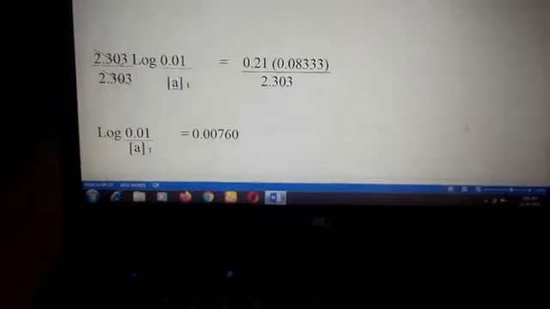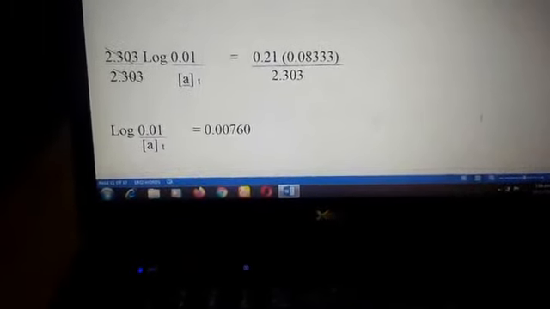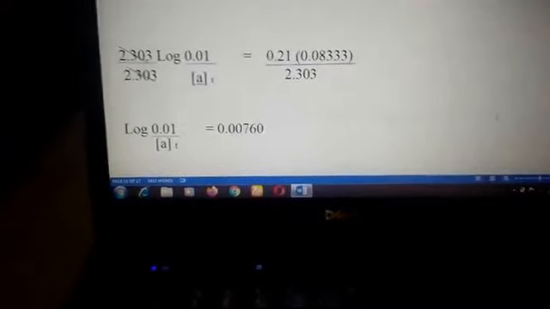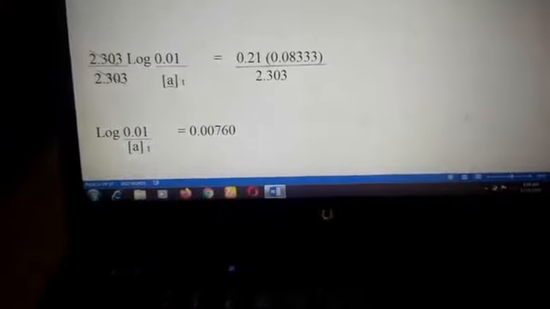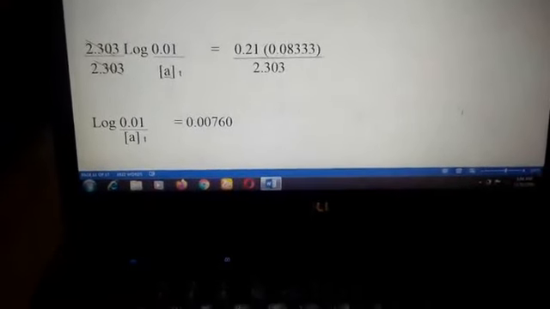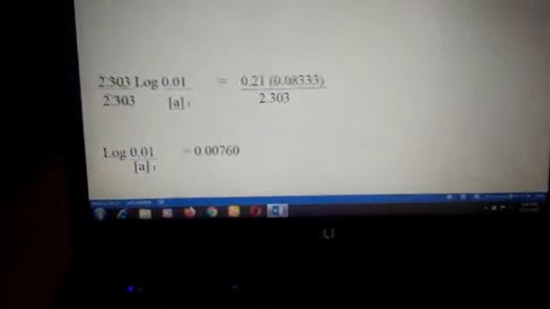We solve further. We now have log 0.01 over A_T, having cancelled out 2.303 on the left hand side, equal to, solving the right hand side, 0.21 times 0.08333 all over 2.303. That gives us